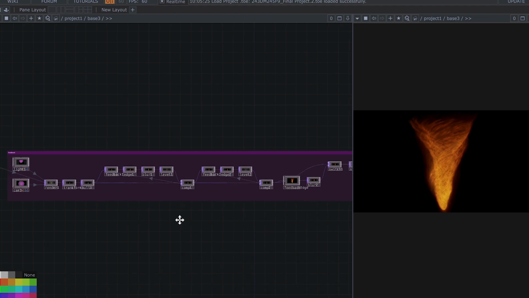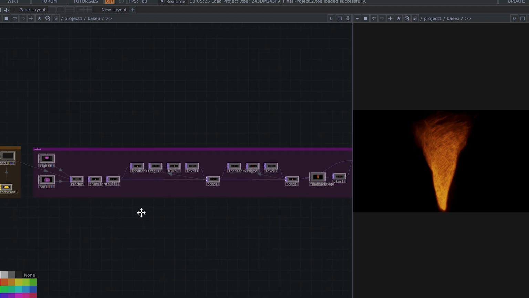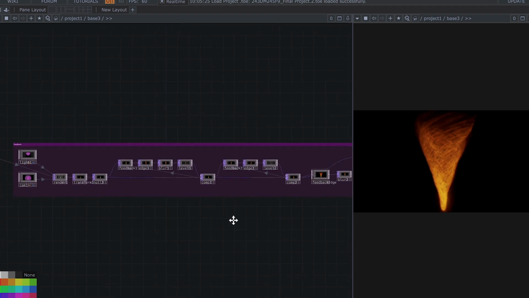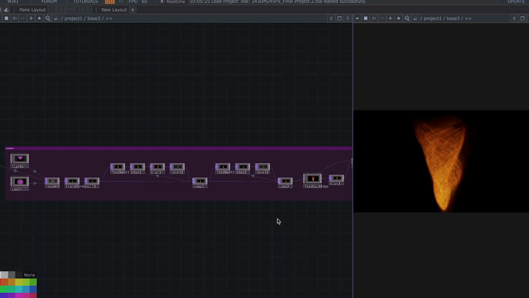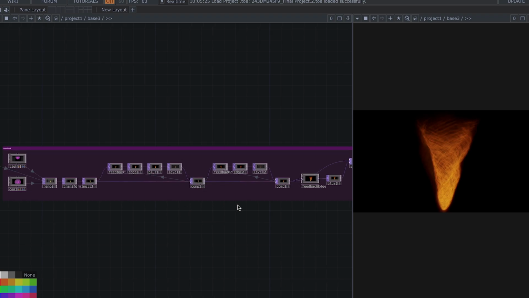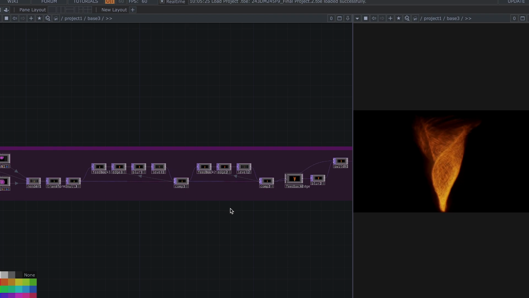For the twinkling and glowing effect, the purple feedback loop contains nodes like feedback, edge detection, level, blur, and composite that manipulate the particles' brightness and glow, creating a flickering effect.